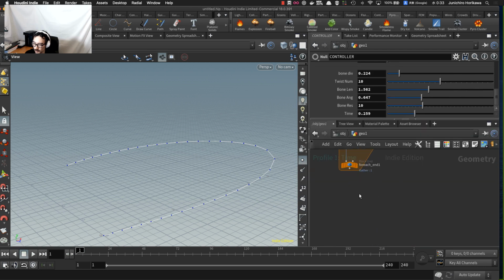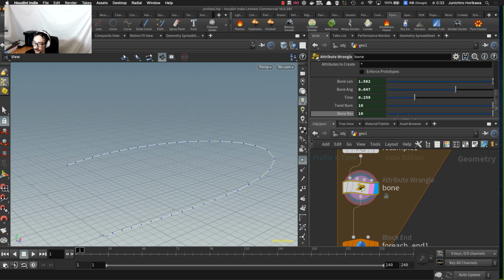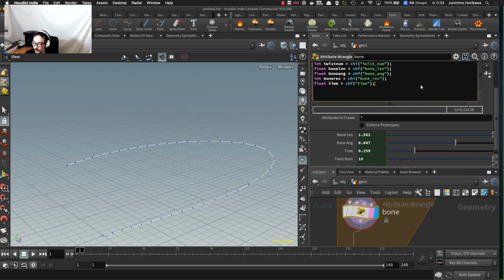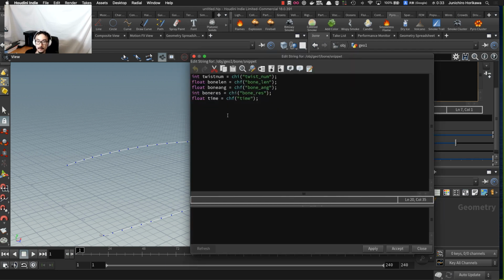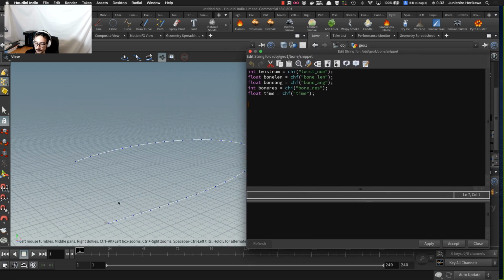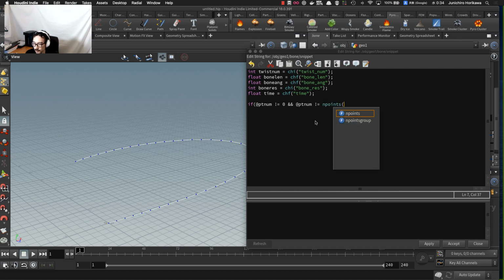Okay, let's go back to the bone and write some code in order to create a bone-like structure curve. First of all, I want to ignore the first point and the end point. So let's make a condition. If the pt num is not equal to 0, and if pt num is not equal to endpoints (0, -1), then